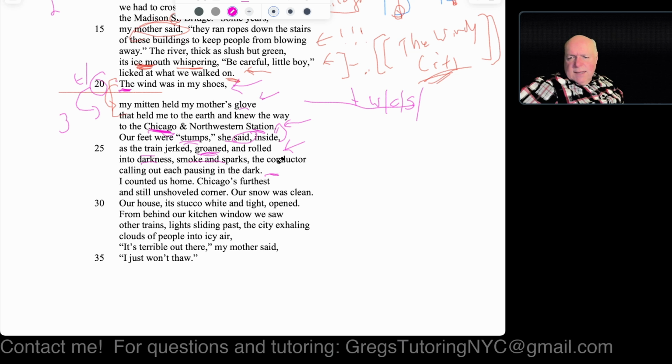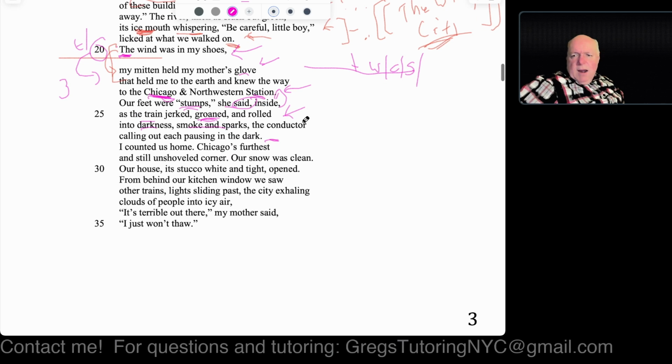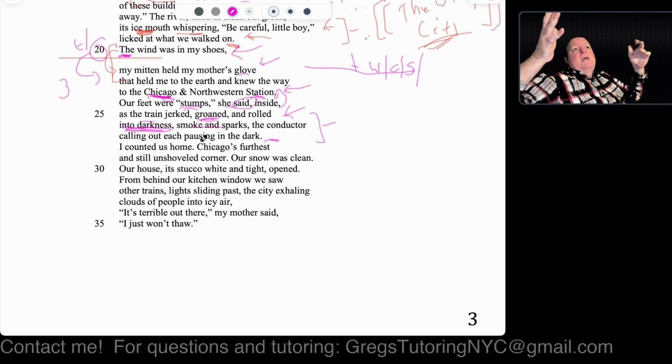All right, so that's a weird sentence. It seems to encompass a lot all simultaneously. So let's try to rip that apart slightly as well and see if we can get all the different pieces out of it. The thing here with into darkness, okay, there's two interpretations of that. One interpretation would be they're going into a tunnel, okay? The other is that it got dark out. They're above ground in an above ground train, and it got dark out. Okay, so maybe they went shopping, and then at some point it got dark and they went home. So that seems to make sense.